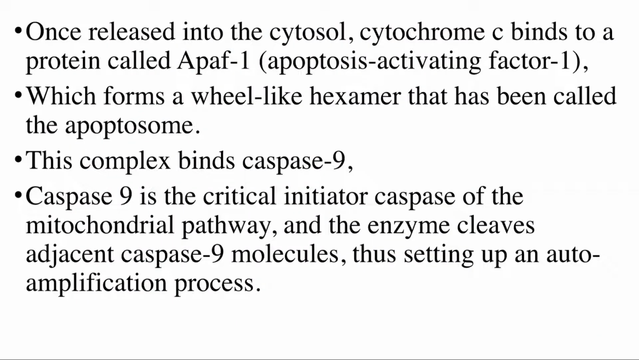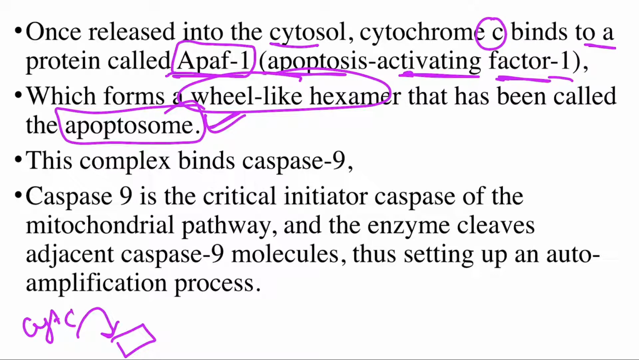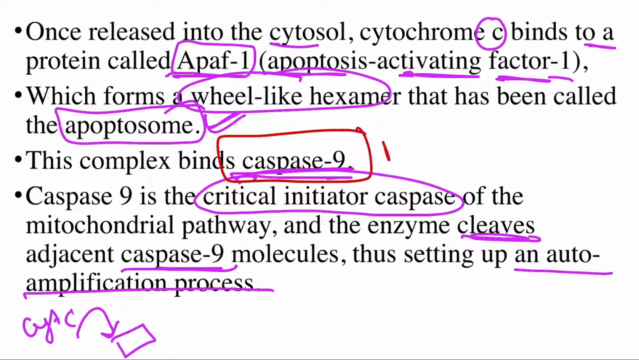Okay, now coming on to the step of when the cytochrome C, after coming out of the mitochondria, enters into the cytosol, what actually happens. So once released into the cytosol, cytochrome C binds to a protein which is called APAF1, apoptosis activating factor 1. After combining with this, it forms a wheel-like hexamer which is called the apoptosome. This apoptosome is the one that binds to caspase 9. Caspase 9 is the critical initiator caspase of the mitochondrial pathway and the enzyme which cleaves the adjacent caspase 9 molecules, thus setting up an autoamplification process. So one thing you have to remember here is that caspase 9 is the initiator caspase of the mitochondrial